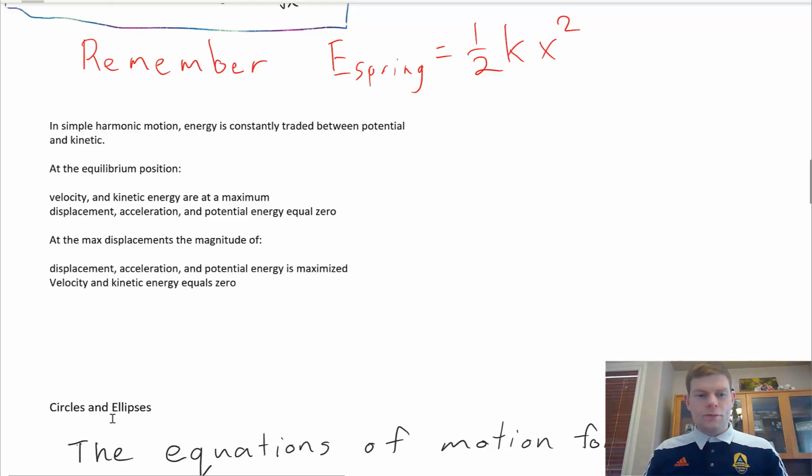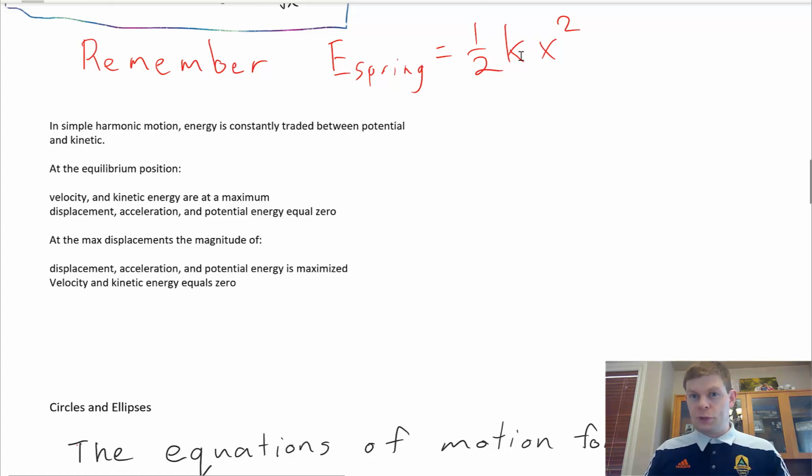Energy of a spring, circles and ellipses, and how to calculate the total spring constant if you've got a couple springs in series or in parallel. So let's get started. If you remember, the energy of a spring that's been compressed or stretched is equal